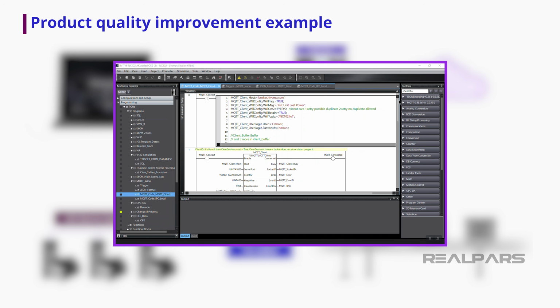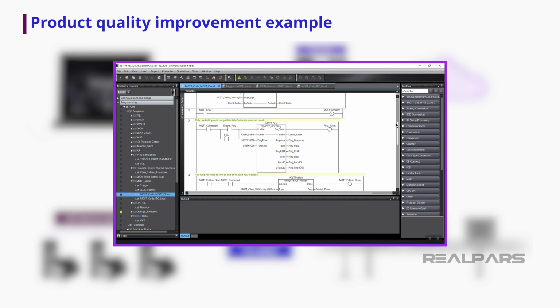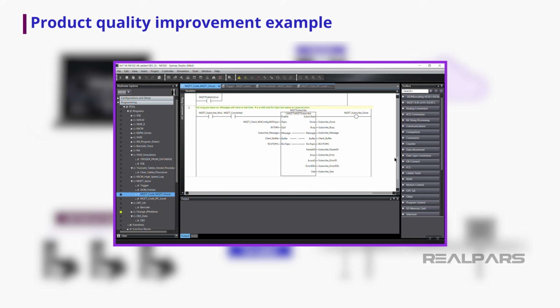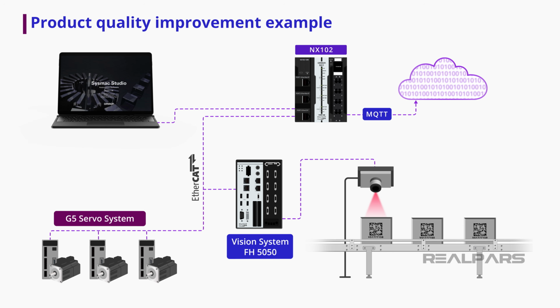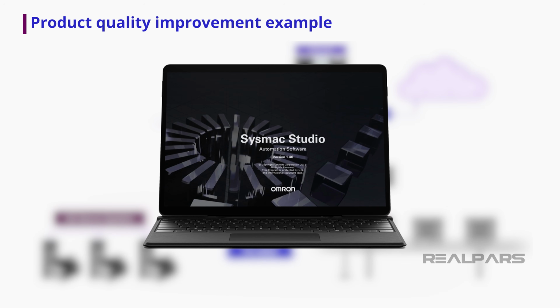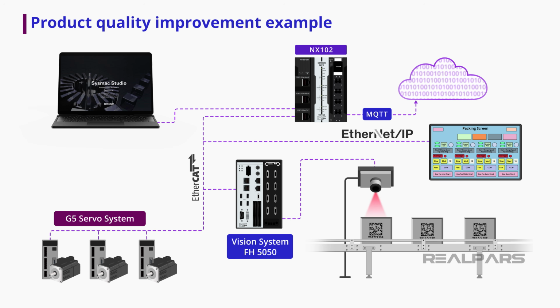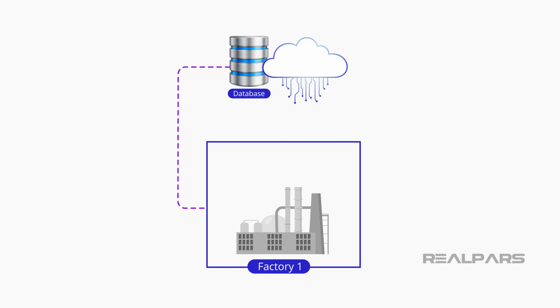In the second video of this series, we discussed the MQTT protocol in detail. You can find the link in the video description. All of these Omron devices and processes can be programmed and monitored using Omron Sysmac Studio software. An HMI communicating over Ethernet IP is easily added, offering an operator interface if desired. This is just one example of where these technologies can be applied.